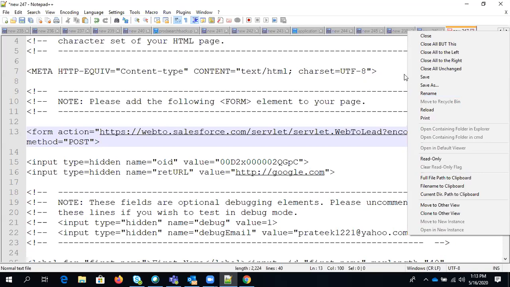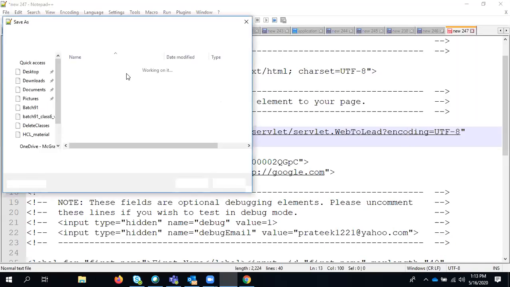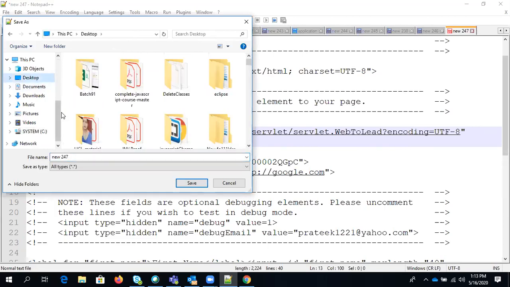As we all know, if we save it with an .html extension, then it will become a web page and run as a web page. So I'm saving it with a .html extension, on the desktop, as batch 91 web to lead.